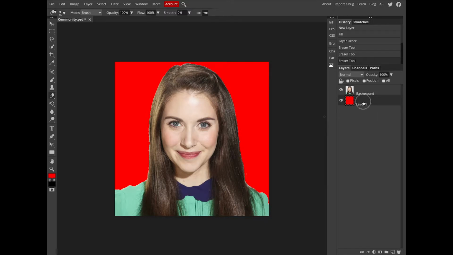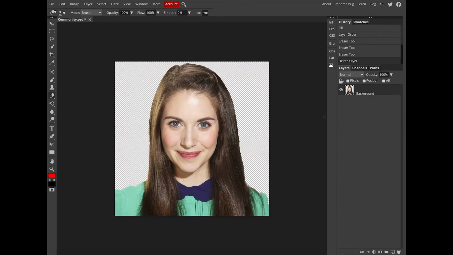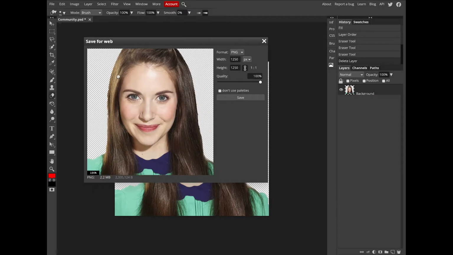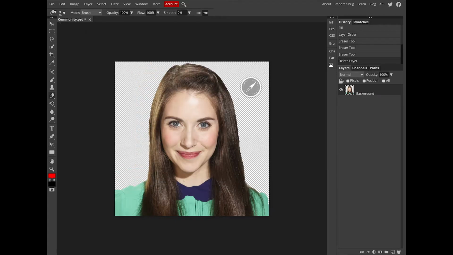So I'm going to eliminate this red background from this image, and we see that transparent image again. If I were to save this, I'm going to go to File, at the top left corner, down to Export As, and choose PNG. It's important you choose PNG because that will maintain the transparent area around her head. So I want to click on PNG. I'm going to click OK on the pop-up, Save for Web. And now if I open up this image,